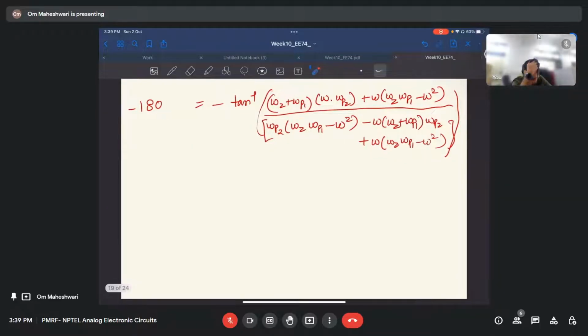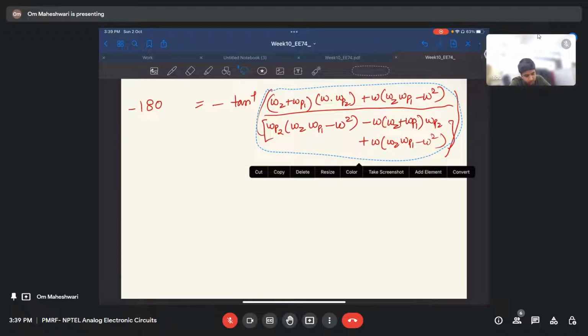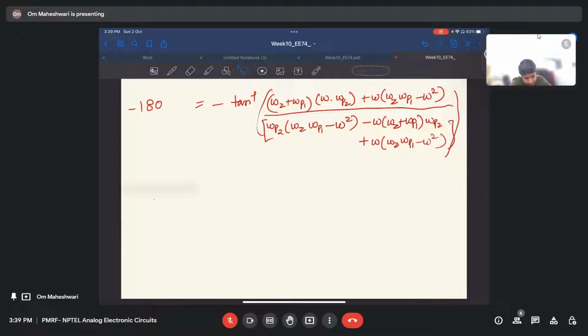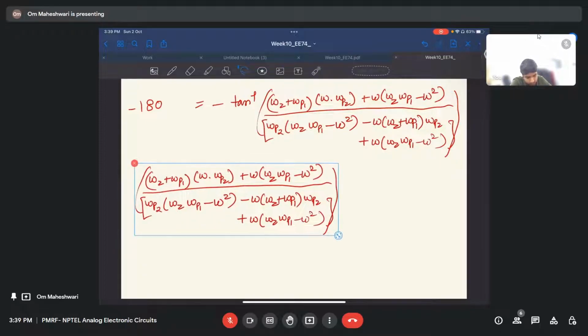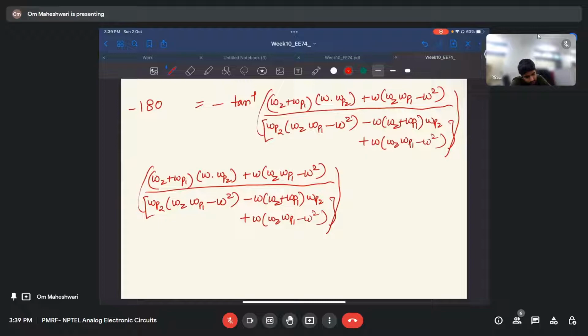Anyway, if we take the tan this side, let me cancel minus and minus. So tan 180 will be 0, and we will get this term equal to 0. Let me copy this term. So this term equals 0, so the whole denominator will go to 0, right? If I take it and multiply here, then I'll be left with